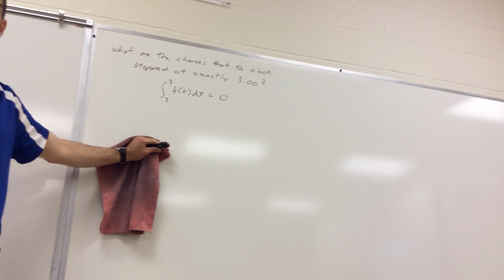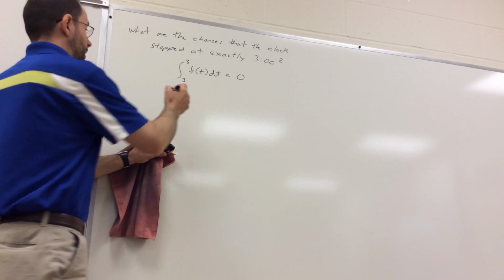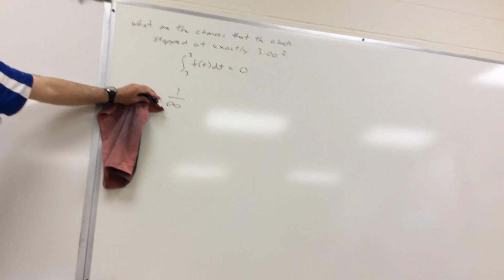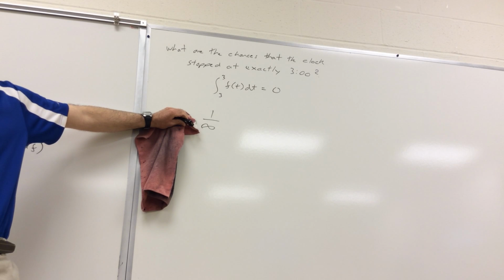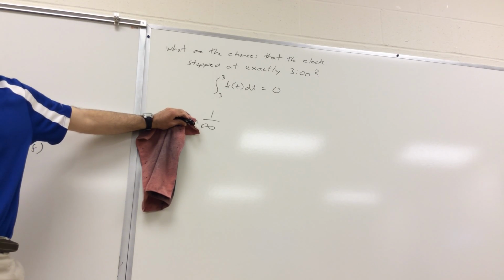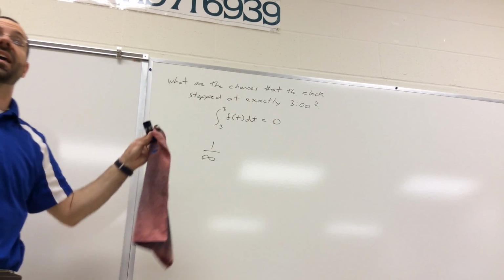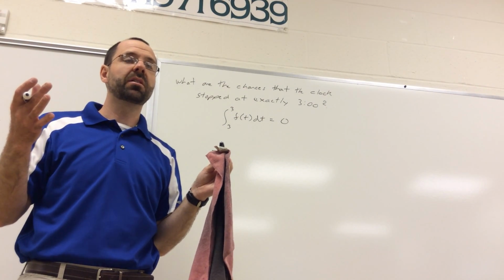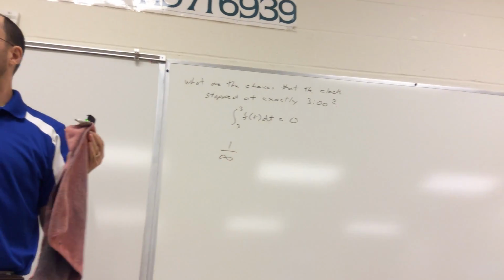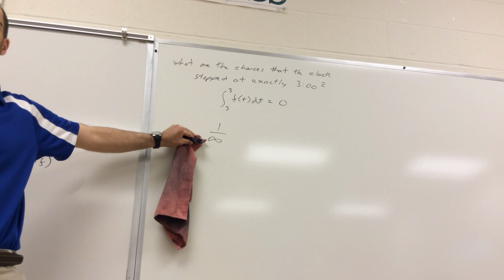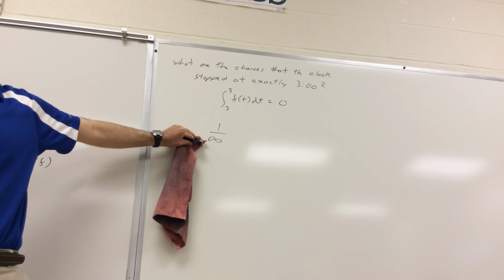Because how many times are there that it could hit? 1. And how many total times could it hit? Infinity. So at least you've got to agree with me that the chances are 1 out of infinity, which is extremely close to 0. So either we're just arguing between something that's extremely close to 0 versus something that's 0. For practical purposes, we want the area to represent the chances. So we're going to say that the chances are 0. And you could argue with me that it should be 1 out of infinity, but for practical purposes, we're going to call that 0.